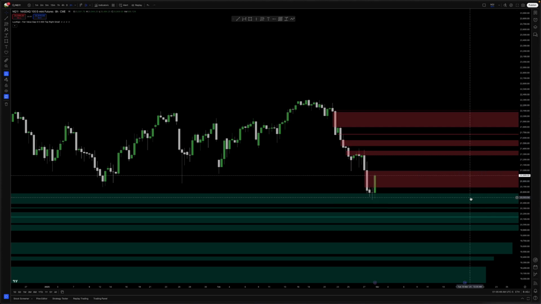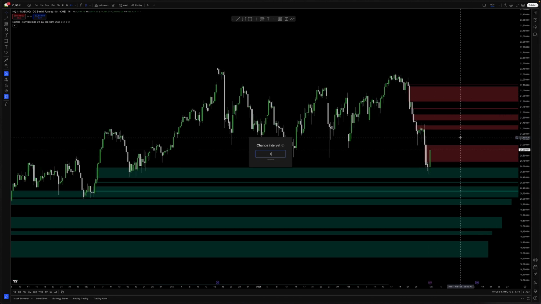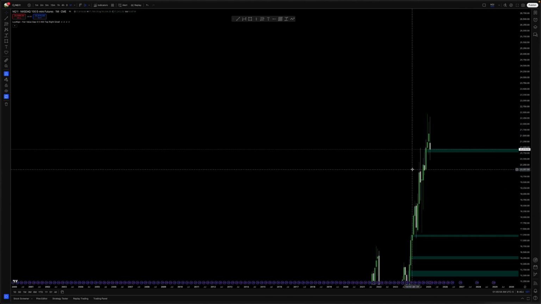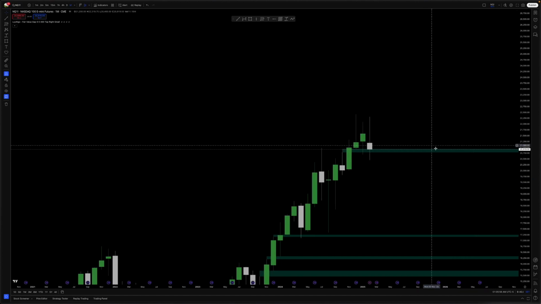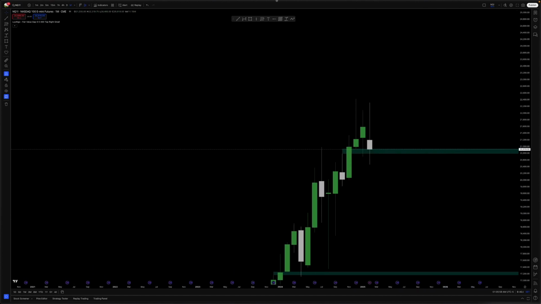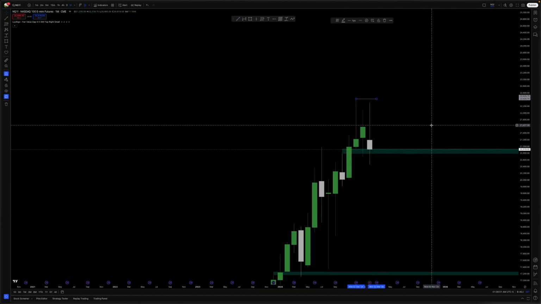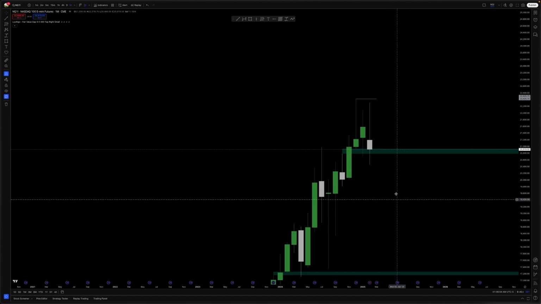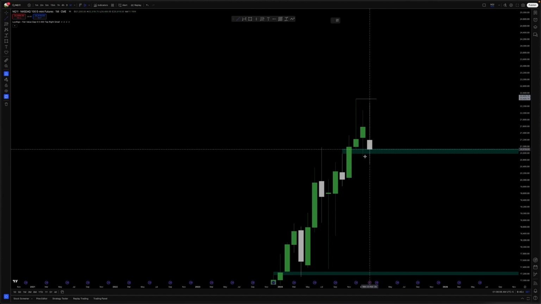So let me remove everything. So the monthly chart is similar to this. We're delivering off of this monthly fair value gap, but at the same time, we did not take these highs. So before heading up, maybe we want to grab some liquidity and go higher. And why do you think we'll go higher? Because we took this monthly low.